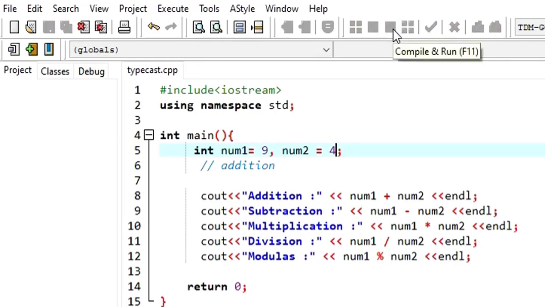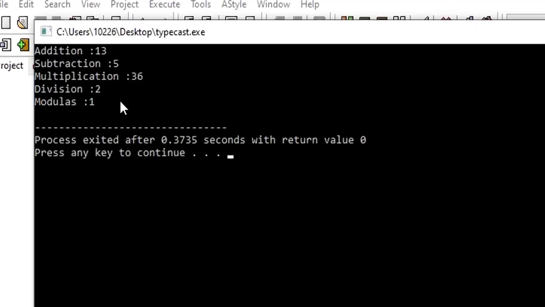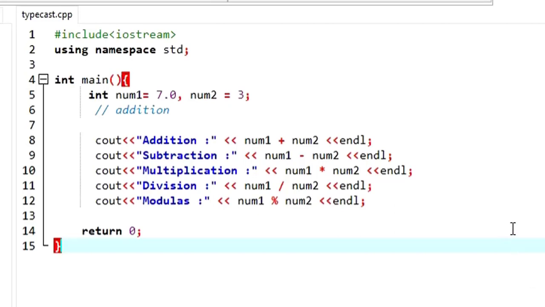When I run this, it's no longer going to be 0, it's going to be 1. Basically, the modulo operator computes the remainder. That's the reason why we are getting 1 or 0. It's just going to get the remainder, not the quotient. So this is how arithmetic operations can be done in C++.